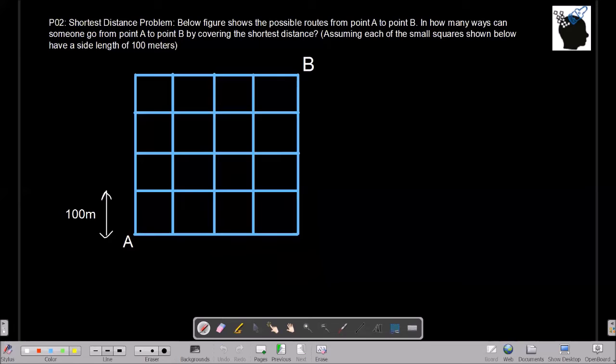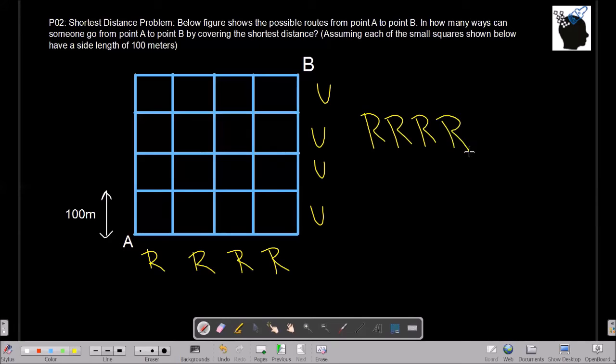So in the second method, we are going to use permutation and combination. We are going to see how many times we have to go right and how many times we have to go up. So if I see, I have to go right 4 times and I have to go up 4 times. This is irrespective of the route which we are going to take, provided that route is the shortest route. That means I have to see how many possible combinations of 4 R's and 4 U's are there.